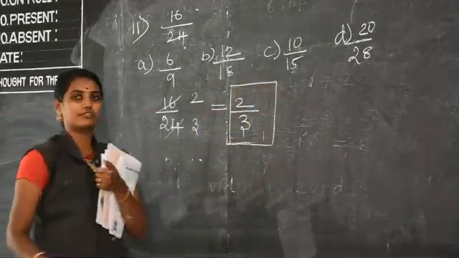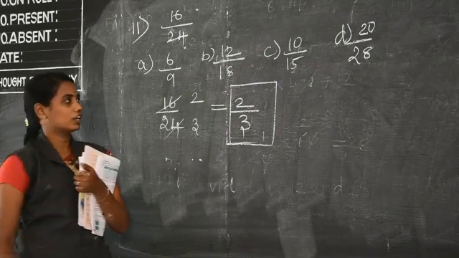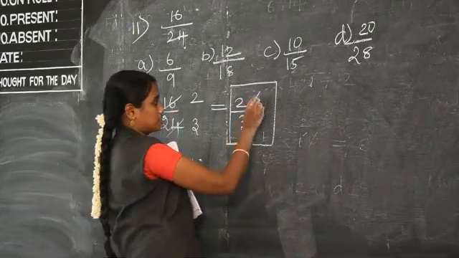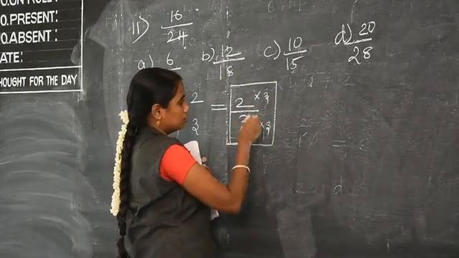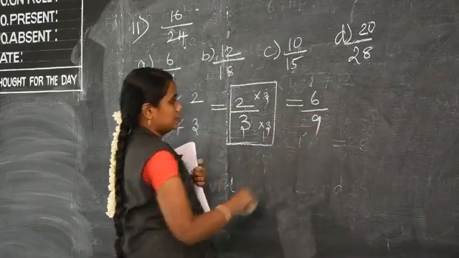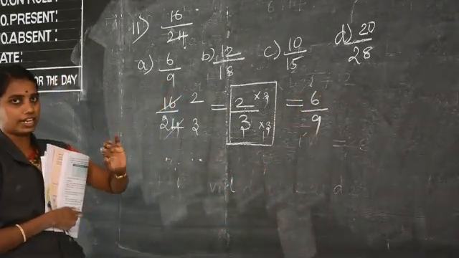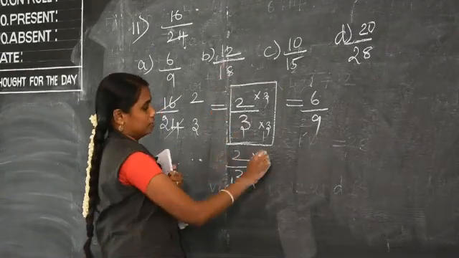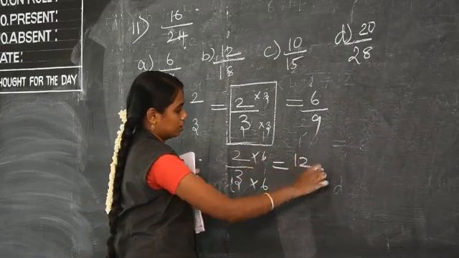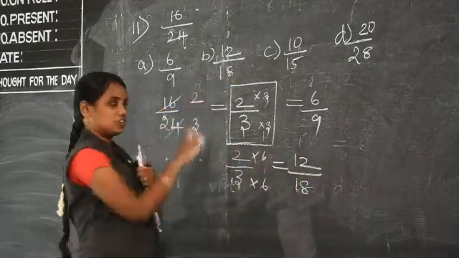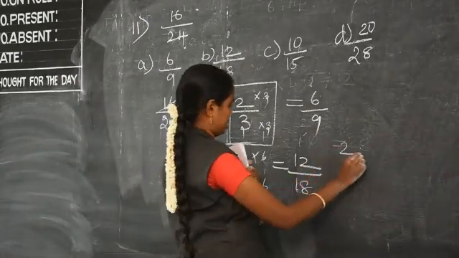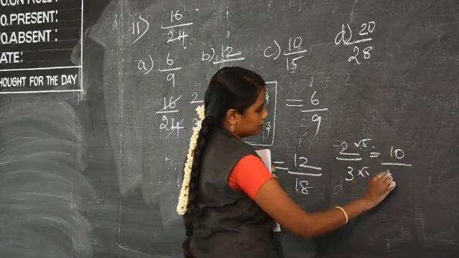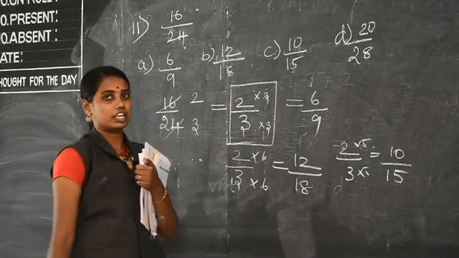So from 2 by 3 you can find more equivalent ratios, we know that. We are going to check which is not equivalent. For example, if I multiply by 3, 6 by 9. 6 by 9 is an equivalent ratio. They are asking for not equivalent. So using 6, if you multiply by 6, 2 6s are 12, 3 6s are 18. This is also an equivalent ratio. Next 2 by 3, multiply by 5. 2 5s are 10, 3 5s are 15. This is also an equivalent ratio.